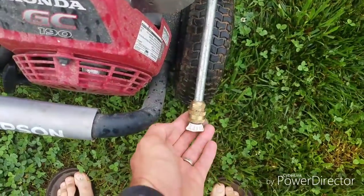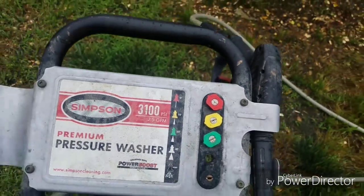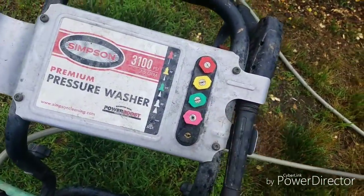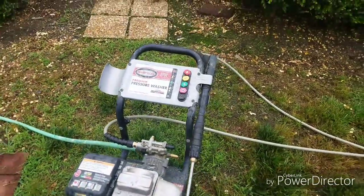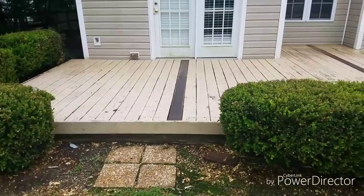I've already got this 40-degree tip. You can see my other tips. I don't know how much of this anybody wants to know, but I'm gonna take my tip that I bought and put right there. So what I'm gonna do is go ahead and spray the stripper on the deck and give that